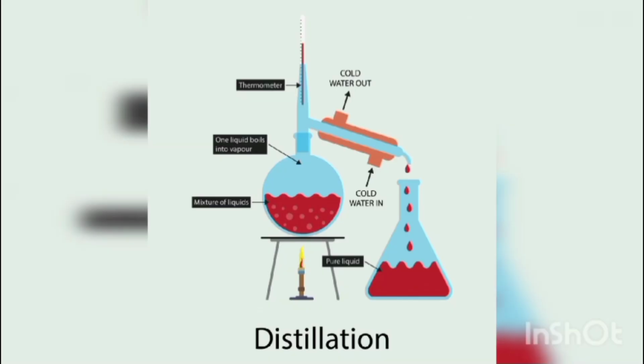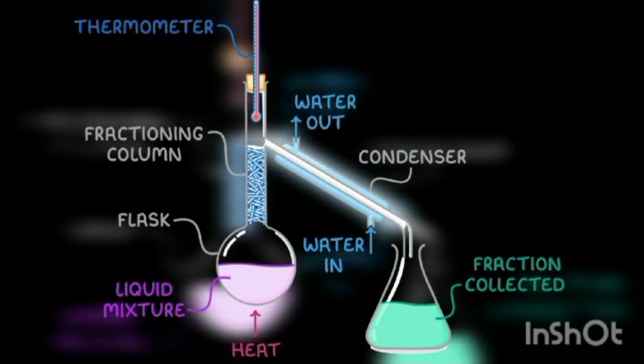First you should know about the apparatus. These are a few science lab apparatus, like a conical flask and a round bottom flask. What we do here is two steps: evaporation and condensation. We pour muddy water into a beaker and start heating it. The water will evaporate, leaving the impurities in the beaker, and the water vapors are passed through the tube, which is cooled by cool water around it. This complete process is known as distillation.